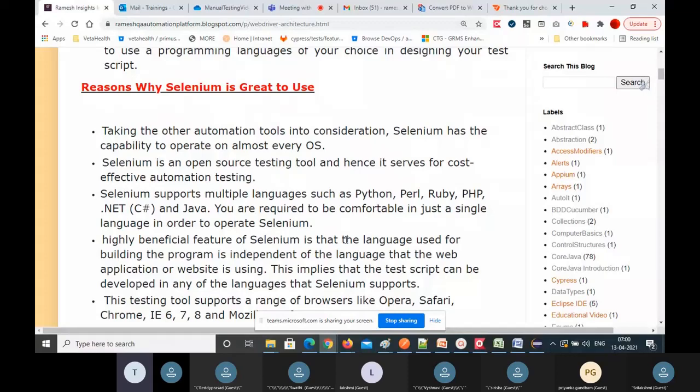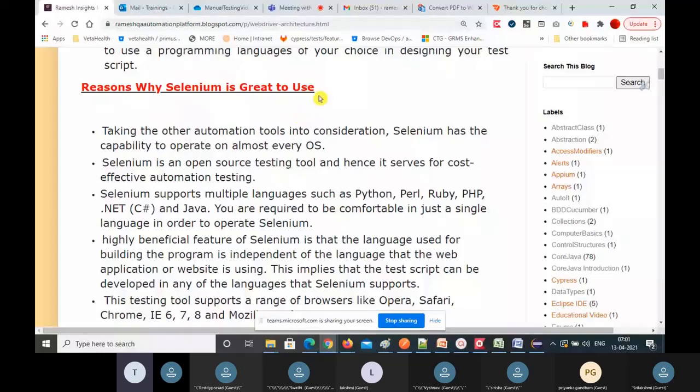Another advantage is built-in framework support. For every programming language, a unit testing framework is already available in the Selenium tool. For Java, you have JUnit and TestNG features available. For C Sharp, the NUnit framework. For Ruby, the Test Unit framework.